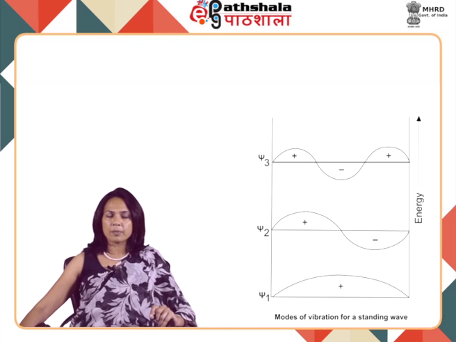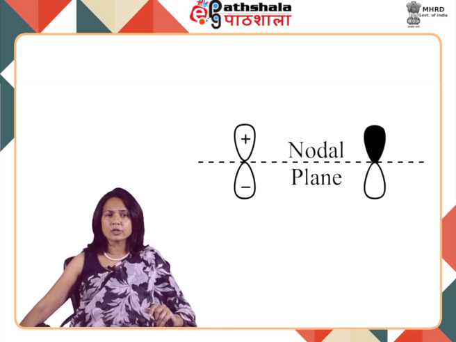The displacements above the nodal plane are conventionally designated as plus and those below the nodal plane are designated as minus. Since plus and minus signs are associated with charges also, for the sake of avoiding confusion, the relative phase differences are shown by shading of lobes on a p orbital. Thus, for p atomic orbitals, the lobes are shown as in the diagram with a plus and minus, or a shaded and an unshaded lobe. And you can see the dotted line being the nodal plane.